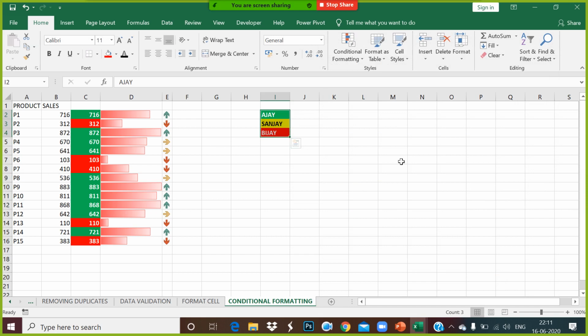I have a question, sir. As we have selected contains Vijay, if I select only contains JAY, will all these become red? No, it will not. It will go for the exact word which you have given there. Is there something which will also segregate with the words?